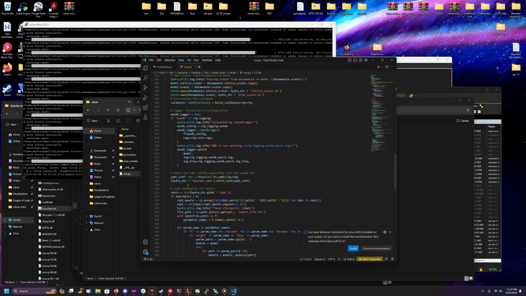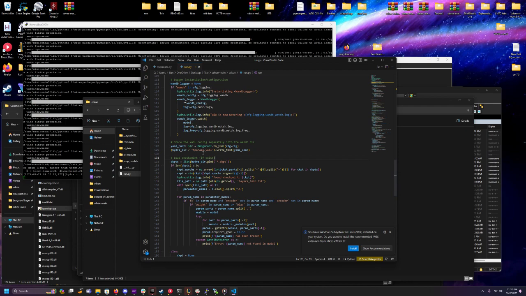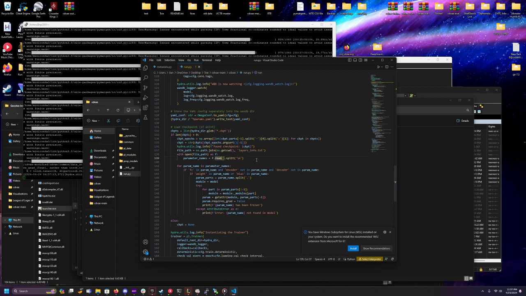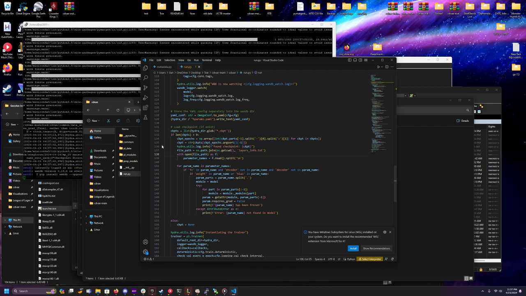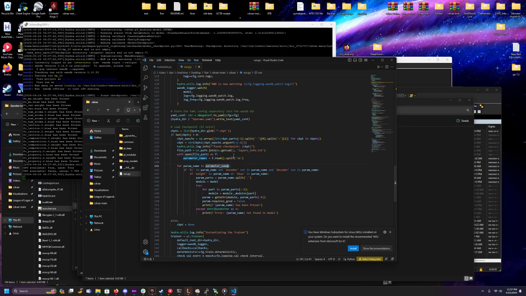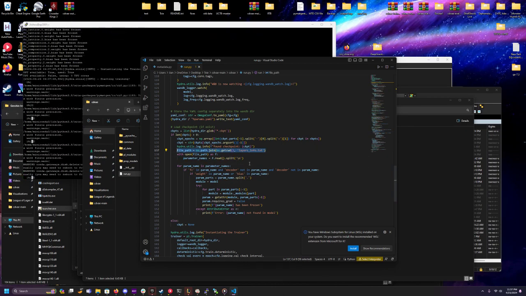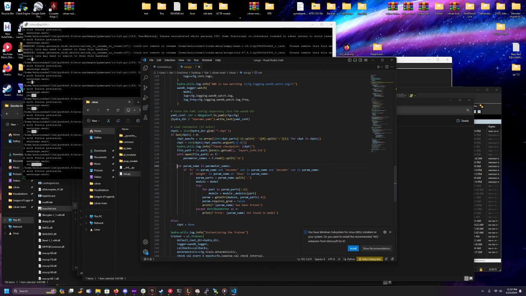Should be around here. Right here. So right here it says load checkpoint if it exists. So this code basically loads in the checkpoint, and by doing that, we would then immediately freeze it after it loads in the checkpoint. So after it loads in the checkpoint, we immediately open the layers info.txt file we put in there, right here. It says it right here. We open it right there,